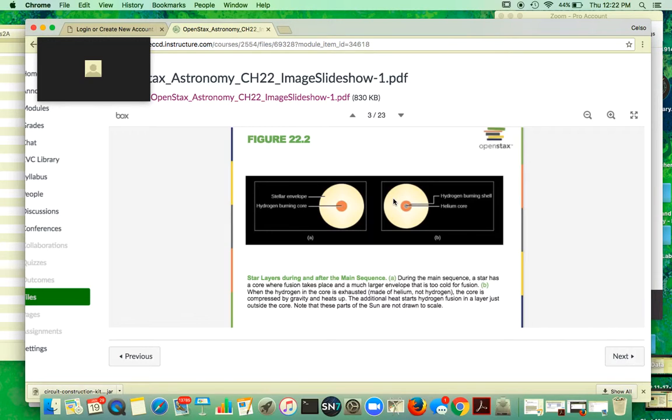So fusion is a process by which heavier atoms are produced as a result of the merging or fusion of lighter atoms. If you go to your atomic table, you can see the first one, the lightest one, is hydrogen, and then helium is the next one. So take 4 atoms of hydrogen, and then you can fuse them into 1 helium, and take the helium through